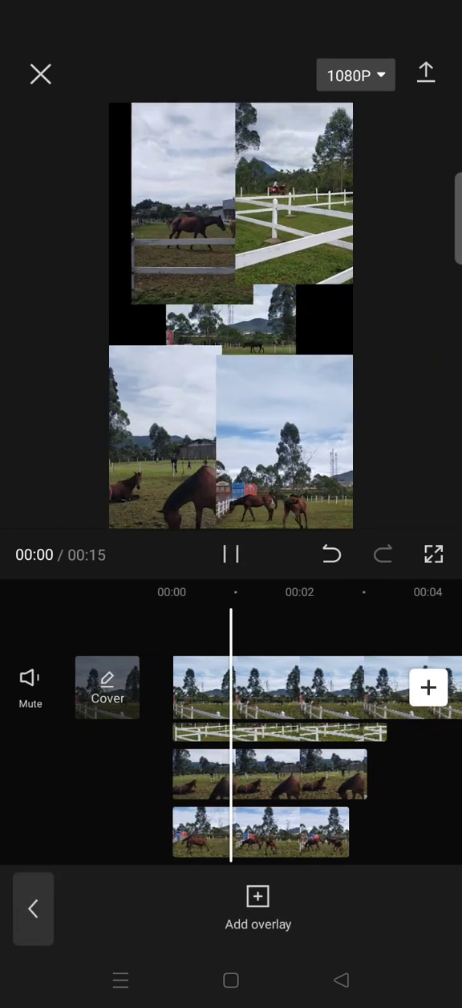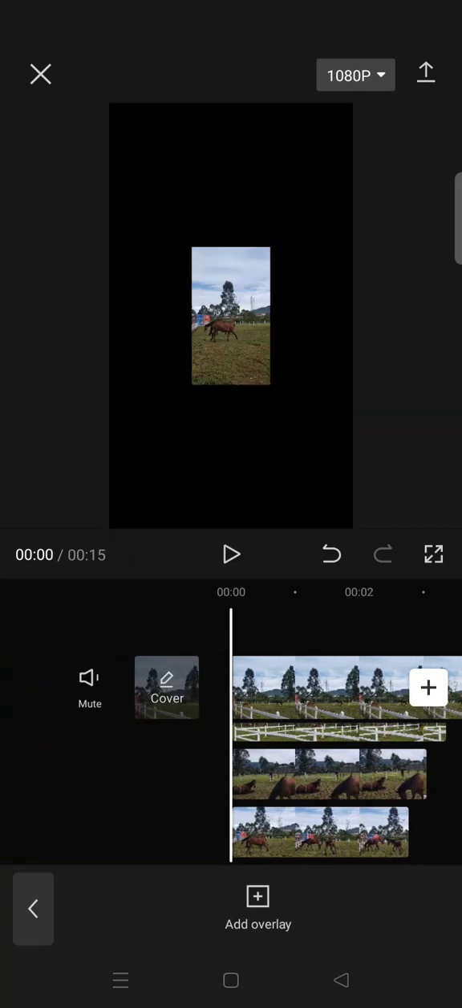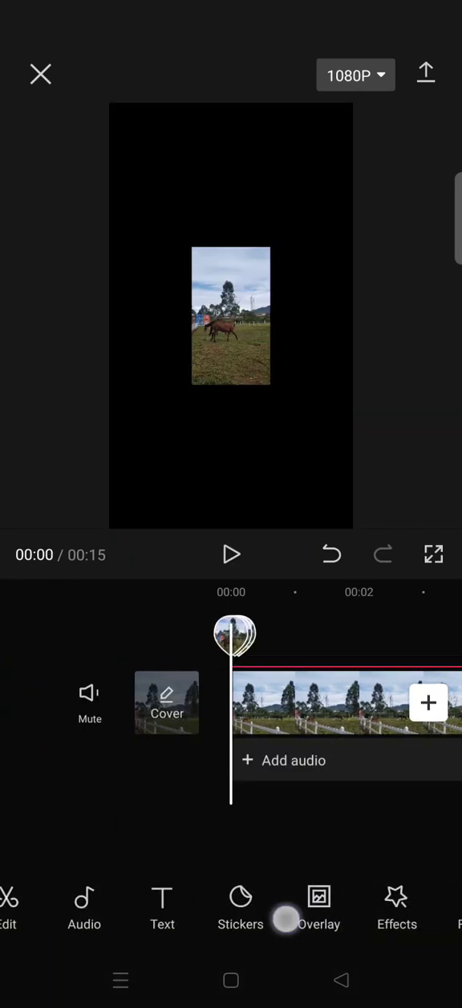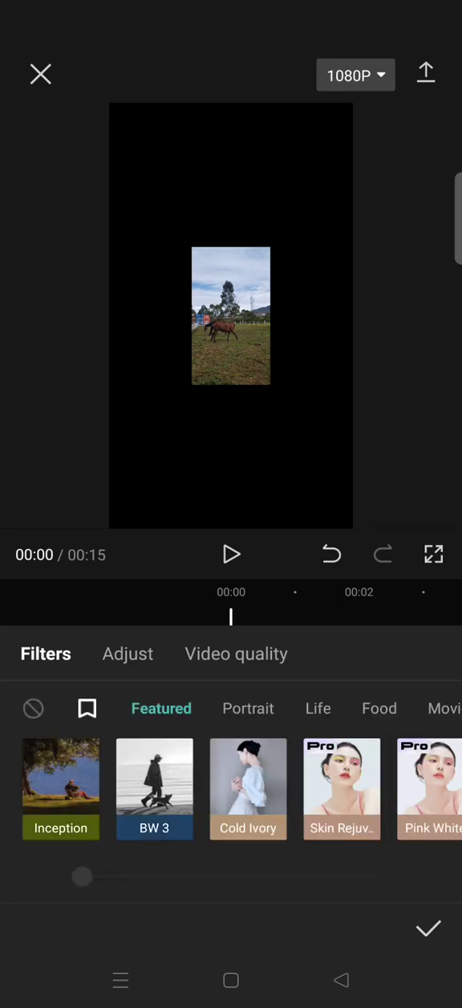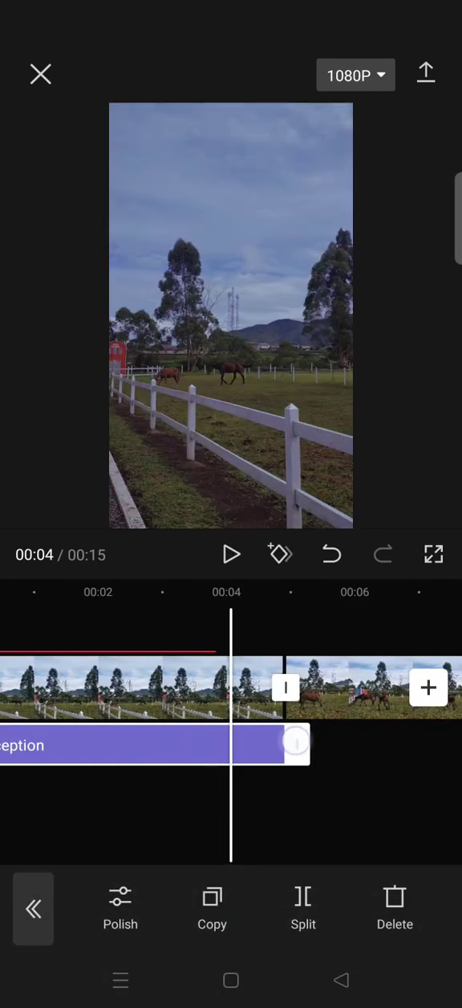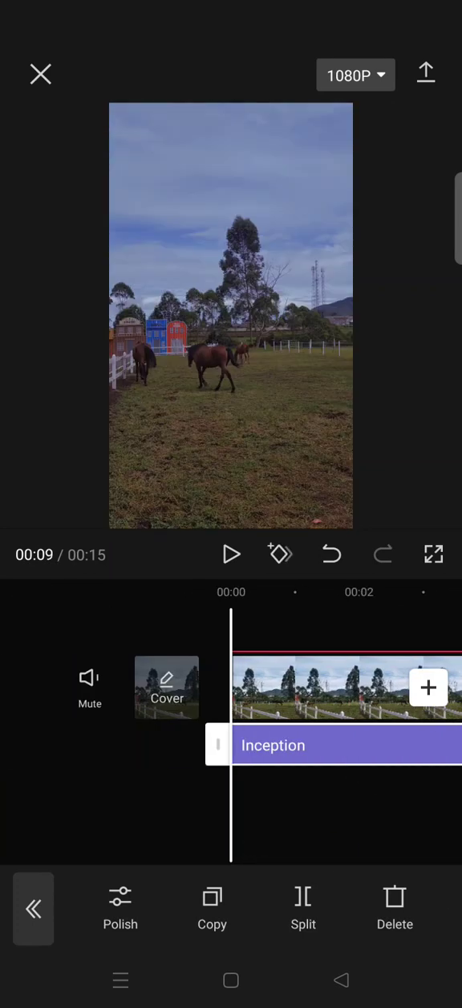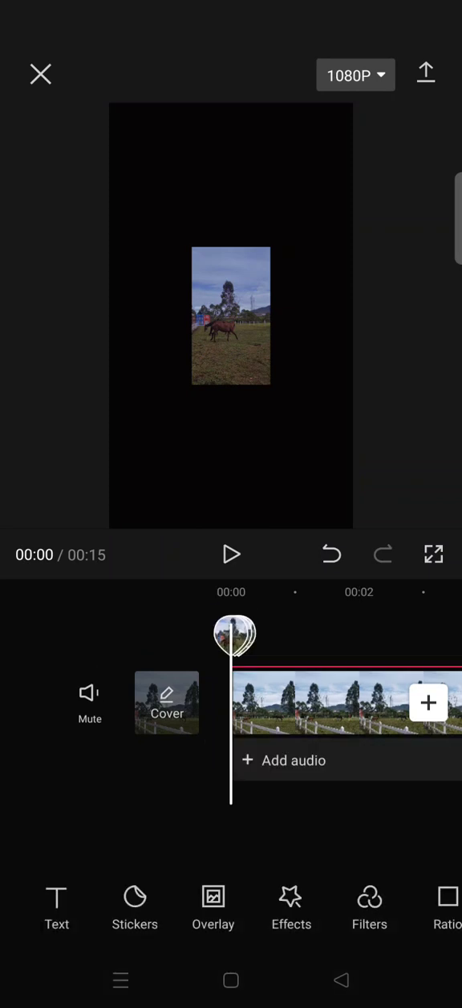The overlay goes to different directions like so, and after that you can just go to filter, and then here click on the inception filter and adjust it to your liking. Just click on the check icon and apply it to all of your clips, and then after that go to the video effects,